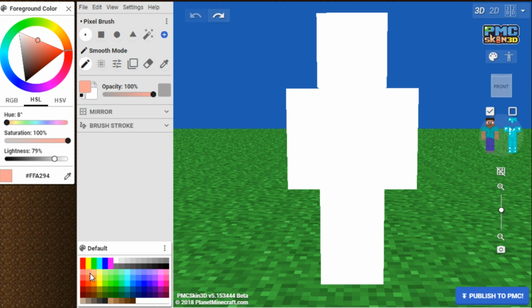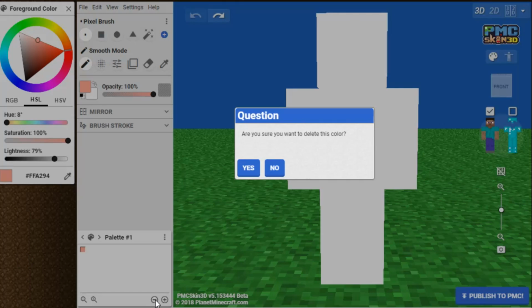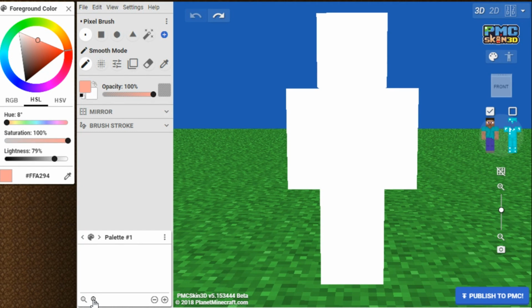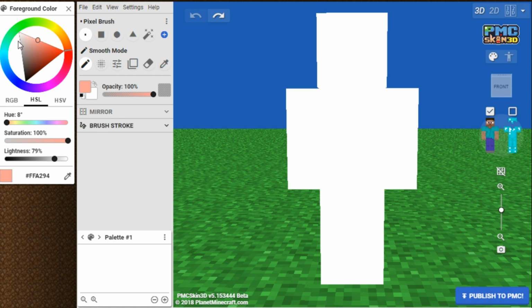And if you want to save colors, there is this palette down here. I usually don't use these pre-made colors because they are pretty bright and obnoxious. So you can go over here and do create new palette. And you can add the colors you've made to the palette with this little add new color to palette button. Or if you're like, oh no, I didn't want to add that one, you can remove that color and then it'll say yes. And you could zoom in on the palette to make it bigger or zoom out to make it smaller. There's lots of tools to customize it.